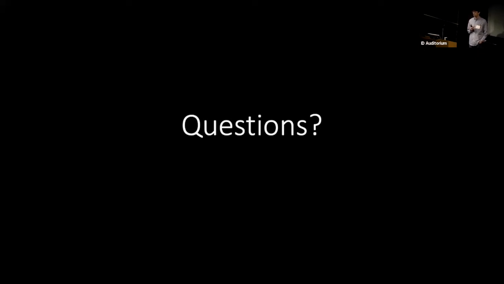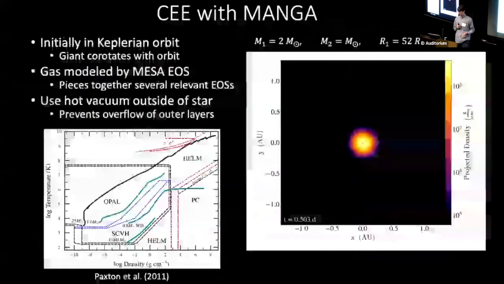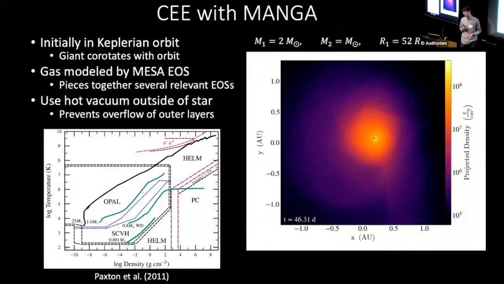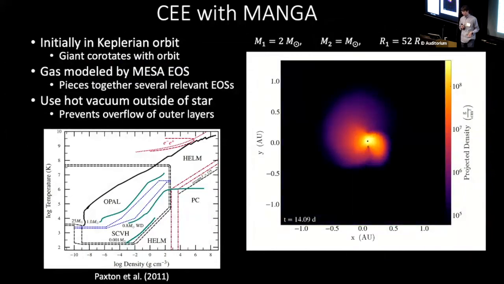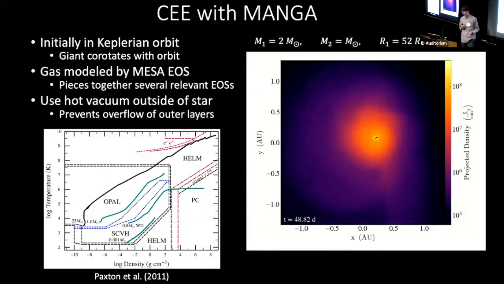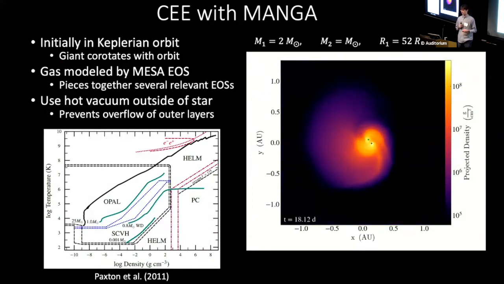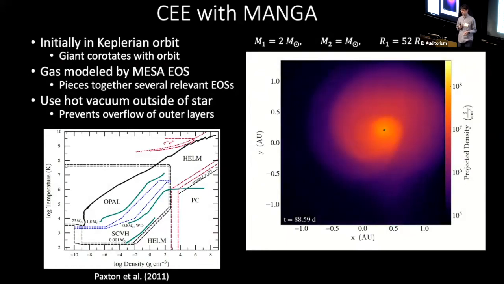Tom? So the first movie you showed, it looked like there was an m=1 interaction between this... Can you use your seat mic for the people on Zoom, please? Sorry, Tom Quinn. It looks like there's an m=1 interaction starting about now, right? It generates that wave. Did you explore that? So it's the envelope moving with respect to the center. Oh, the overall movement of the binary with respect to the background rest frame. Yeah, that you see there.